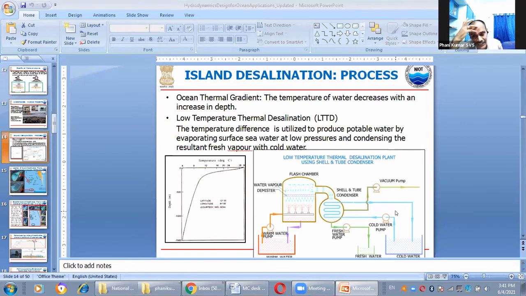even though the skill of the manpower locally available is very little, they were able to maintain the plant with our technical support. That means whenever something major happens, they will call us. We will say, you do like this, or you ship the equipment to me. We will get it repaired using the vendors, and we'll get it back. But the main running will be done by the islanders.